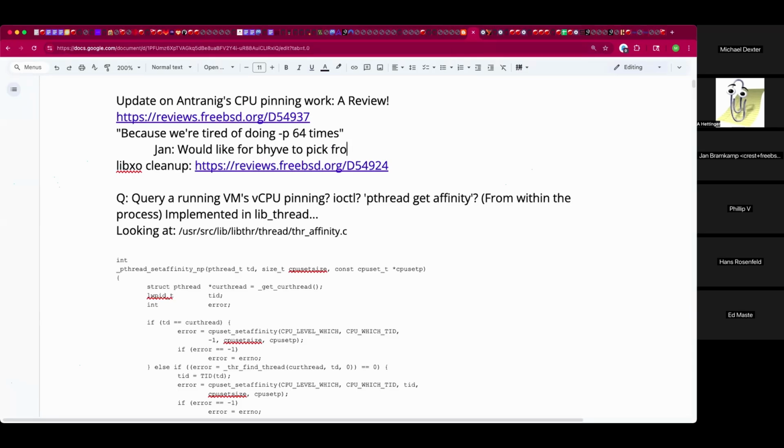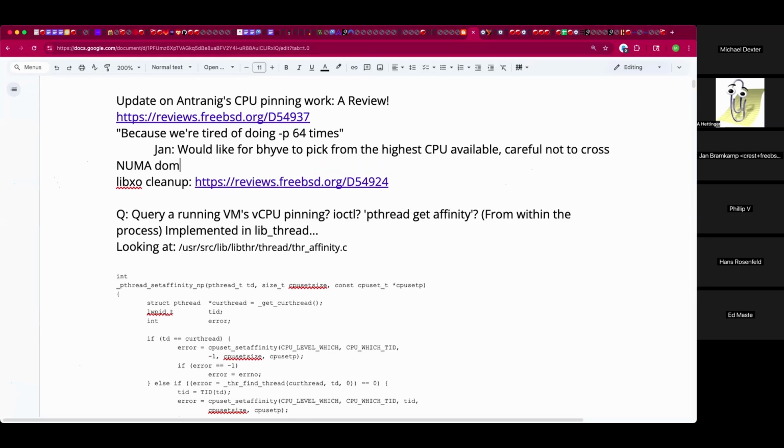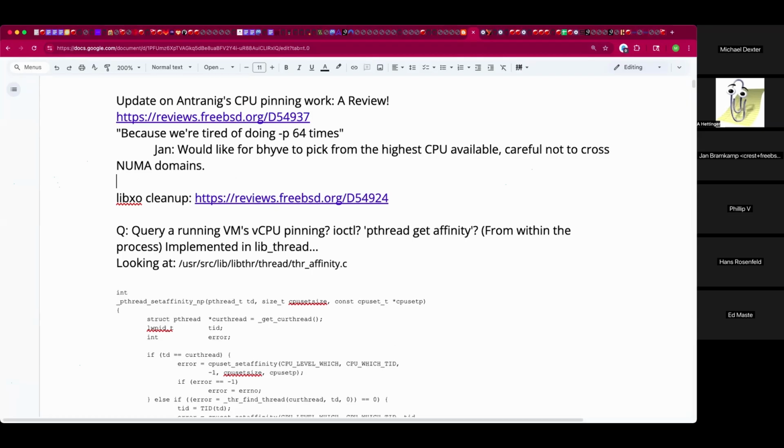We could argue that it should become cleverer so that you try not to cross NUMA domains and sockets and so on, but just basically allocate CPUs. And it would be nice if there was at least the option of removing the CPUs bhyve is pinned to from the default CPU set so that there is no CPU contention.